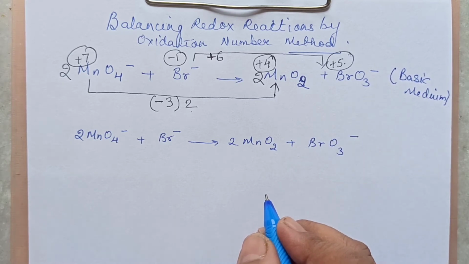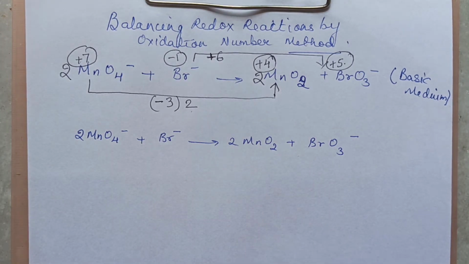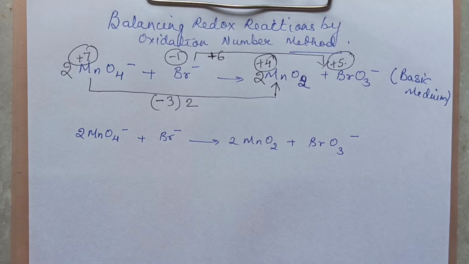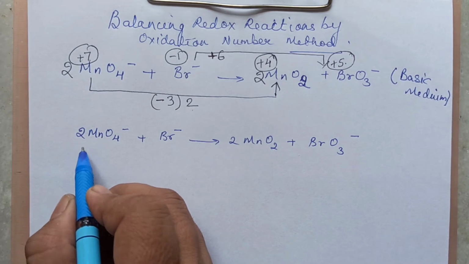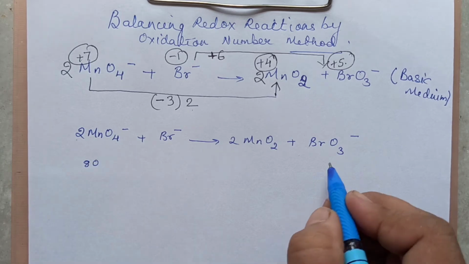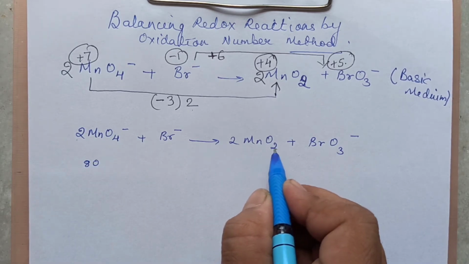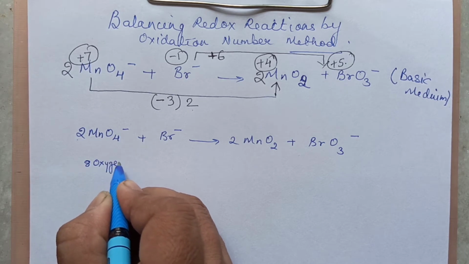Now after you multiply, you have to check for balancing oxygen. You can note down separately what all steps I am telling you. Balancing oxygen. Now to balance oxygen, the method is same. Add water to the deficient side. We will first calculate how many oxygens are there on each side. On the left hand side, 4 into 2, you have 8 oxygens. On the right hand side, you have, you will get confused, this is 8 oxygen.